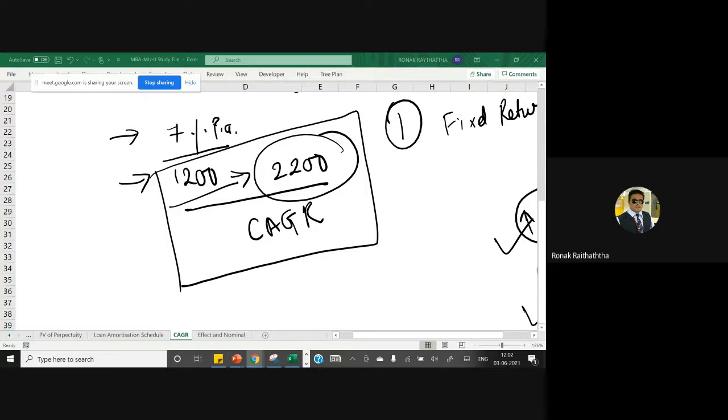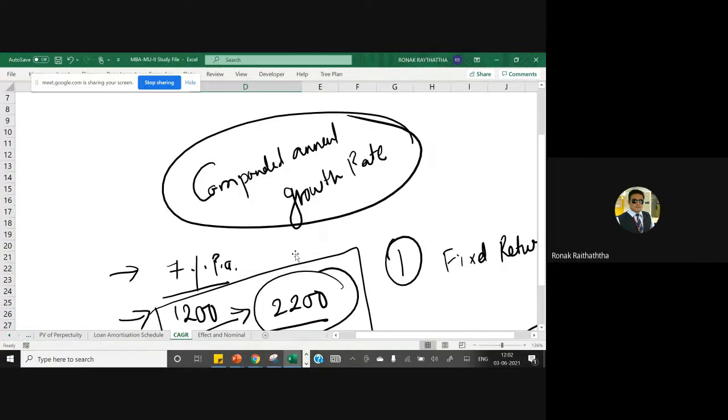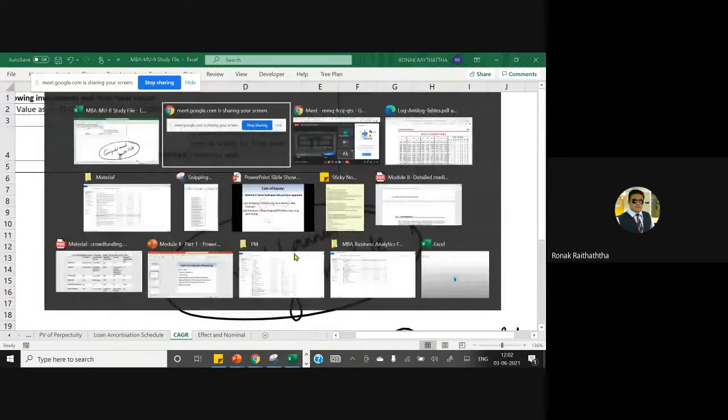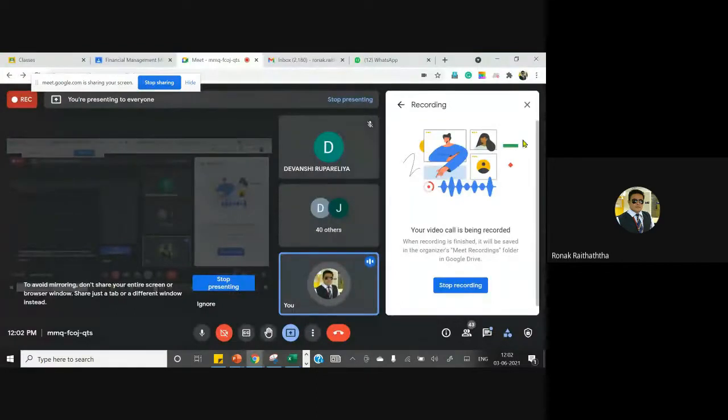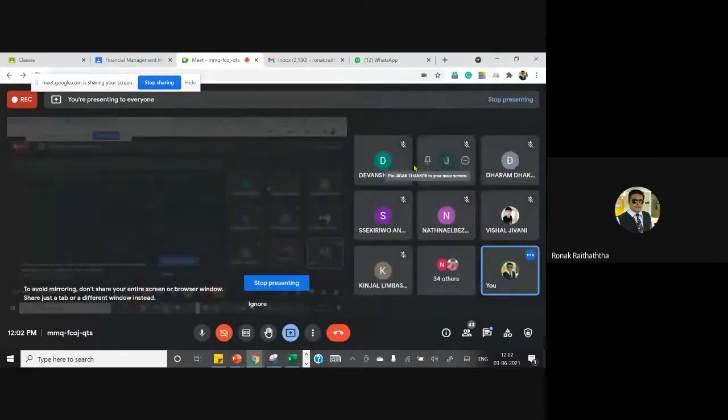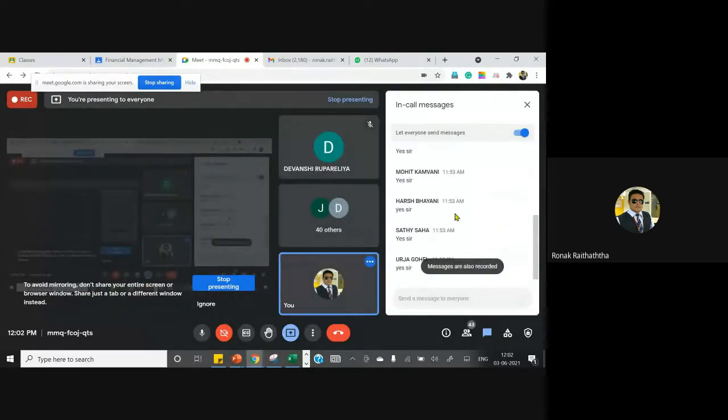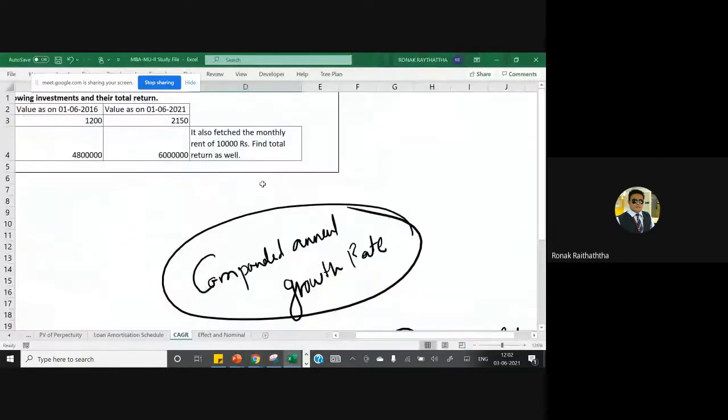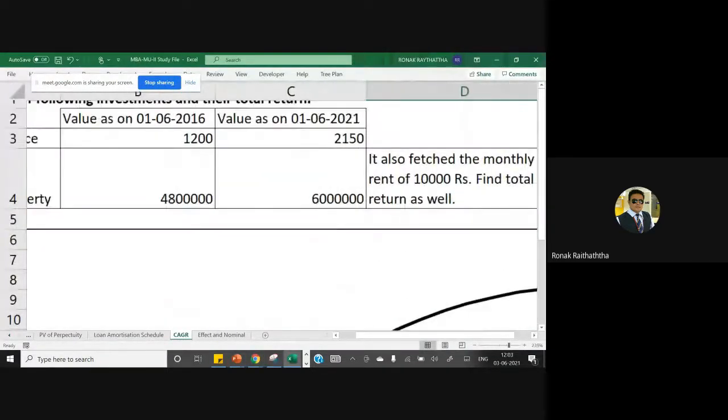But if I want to know what is the rate of return I have got from Reliance, how can I do it? That's the CAGR, compounded annual growth rate. May I have a confirmation from the students that you are clear with the conceptual part of CAGR? All of you guys? Received it from Miss Urja, Mr. Vishal as well, Miss Nandini, Miss Devanshi too. Nice to see that. So what is the formula?